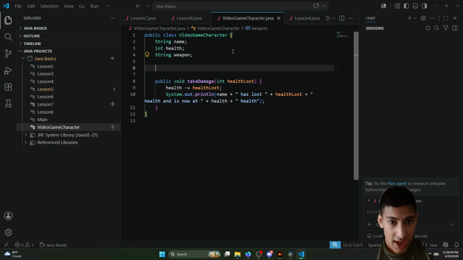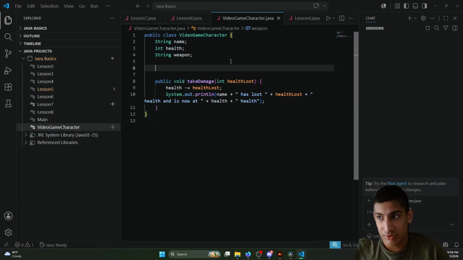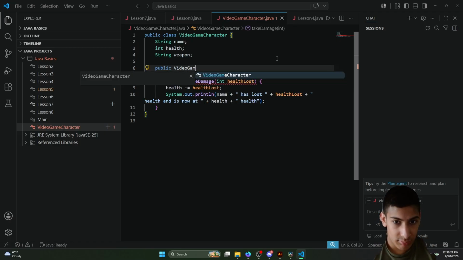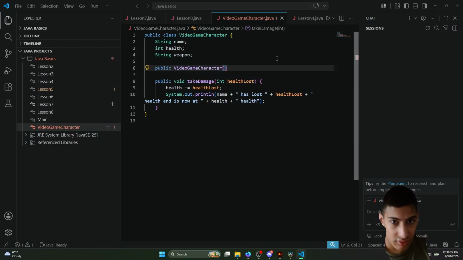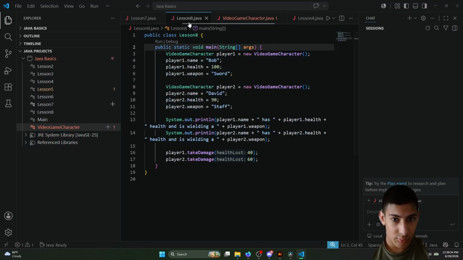So in order to do that, a constructor is built very similarly to a method, except there is no data type, not even void here. So it'll be public and then no data type, and then the name of the constructor has to be the same as the class. So video game character is the name of the constructor, and it matches the class name here. And the reason why